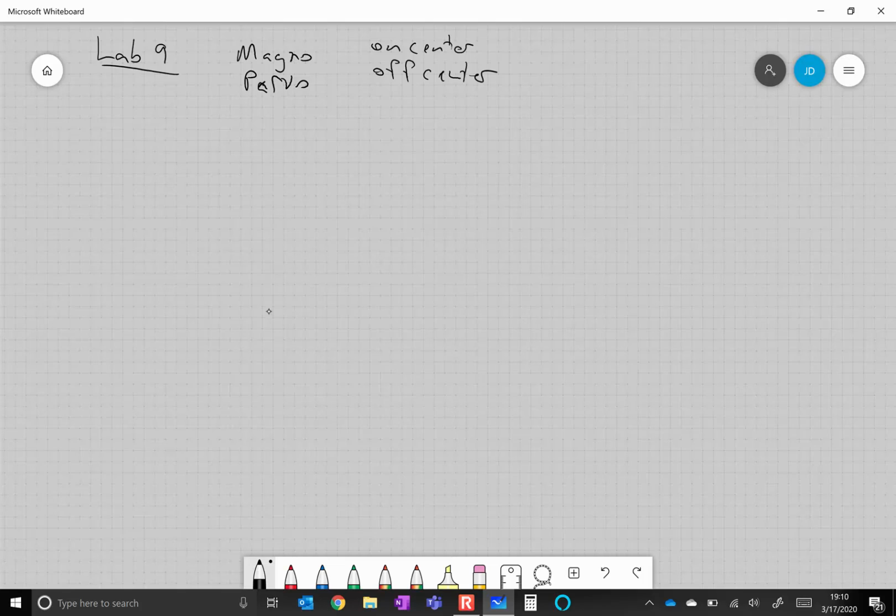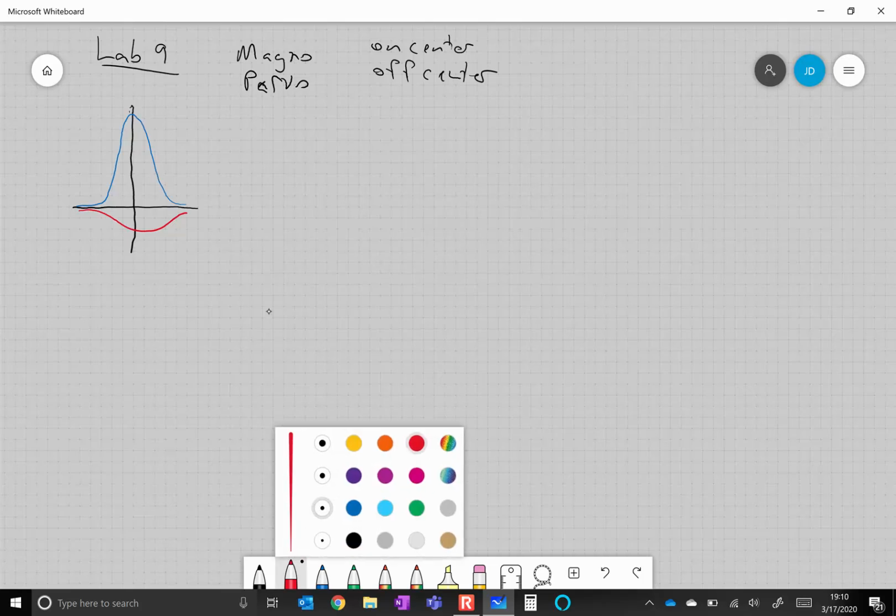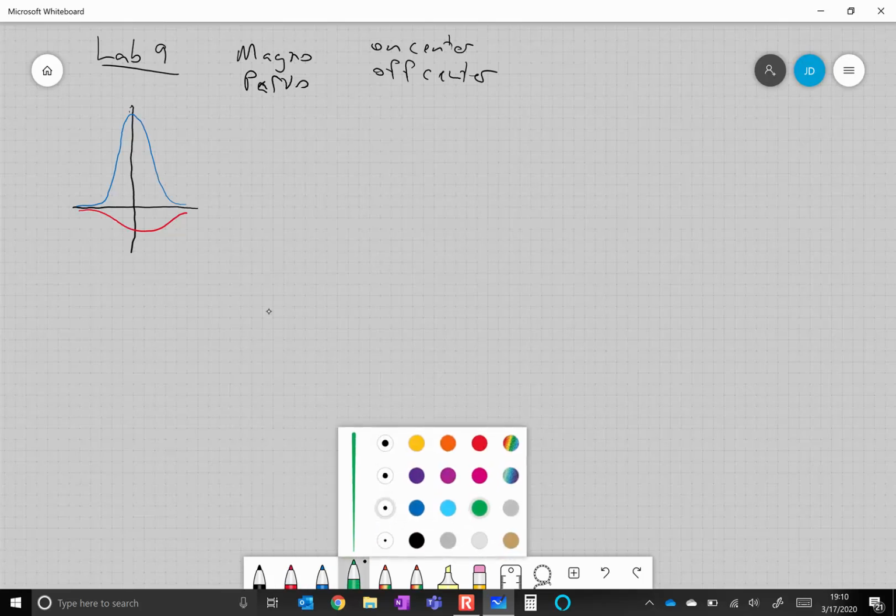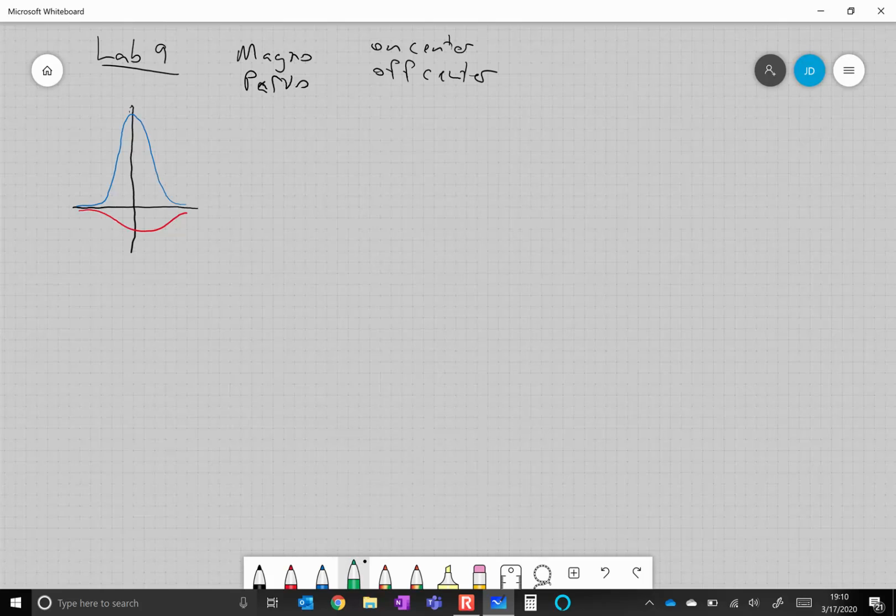The first thing we should do is recreate what you should have for your receptive fields. We gave you two sets of y-coordinates, and if you plotted y-coordinates number 1 and y-coordinates number 2 for at least one of your cells, it should look something like this. Okay. What we've asked you to do is to take the first set of coordinates and the second set of coordinates and create